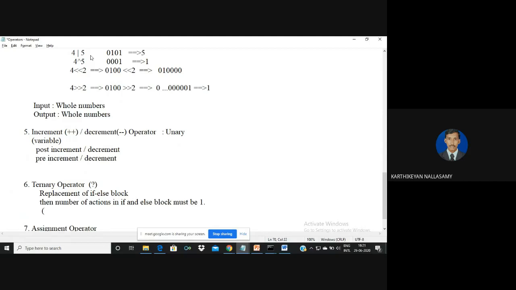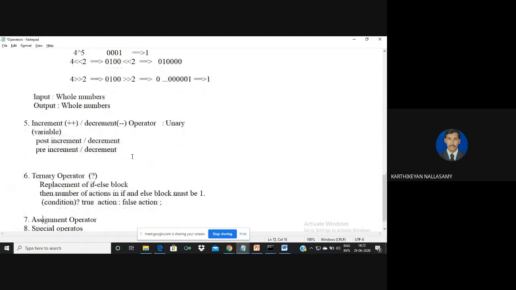The syntax is: we write the condition here, then the true statement, then followed by the false statement, and finally terminate with a semicolon. That is called true actions and false actions. This is the syntax for the ternary operator. Here the true action and false action are separated by a colon. Clear? Okay.